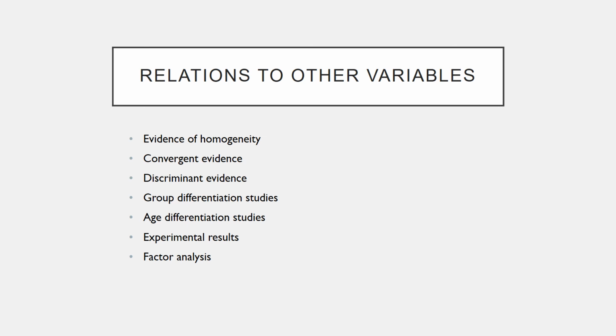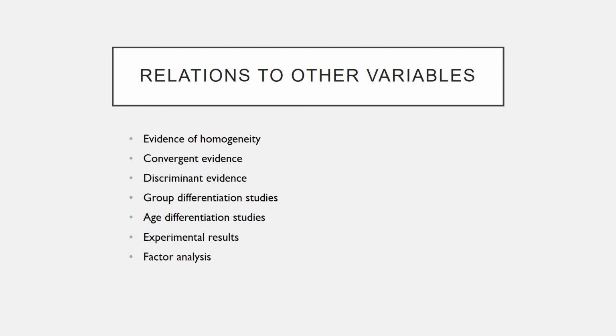So does our depression inventory, does the outcome of that change in a similar way to other depression inventories? Same with intelligence testing, those kinds of things. So does our instrument vary in outcome in the same way that another was? Even if they're not scored in the same way, we can look at the way that the outcomes change based on someone who has more symptoms or less symptoms or different kinds of things going on as they're taking the assessment. Same with discriminant, same idea, but a bit of a different approach.